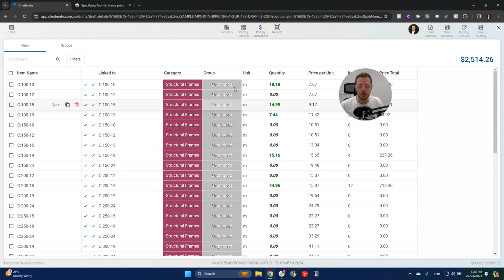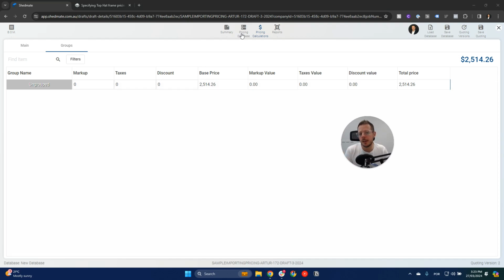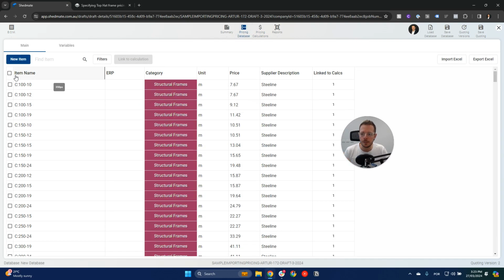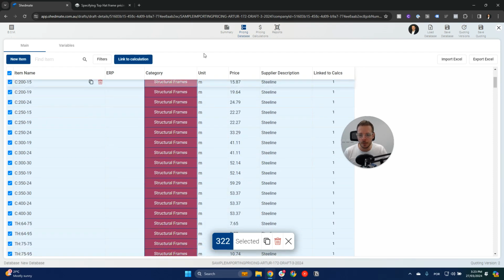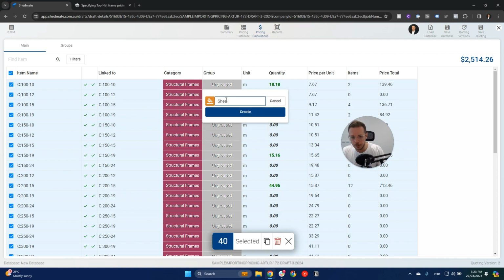Something else to do here is just add our groups. As I said, we're building up here from scratch our first pricing database. And in groups, this is going to be defined by the different markups, tax, and discounts we can apply for items. So we're going to cover this later. But for all of the items that I'm dealing with here in my pricing calculation, they're all shed kit. So I can put here shed kit and maybe just change the color,